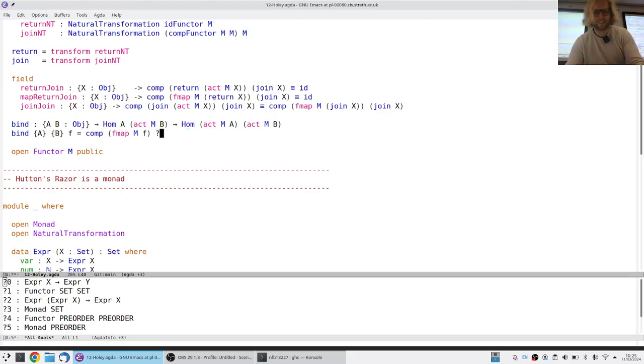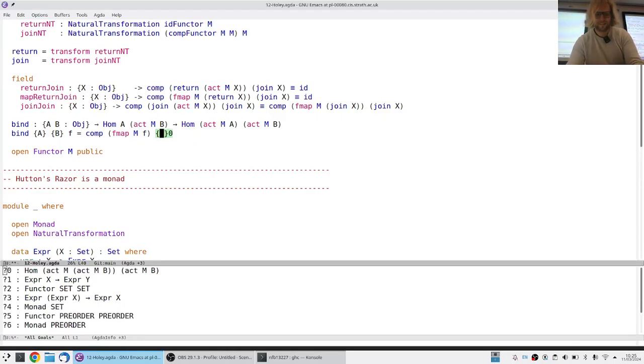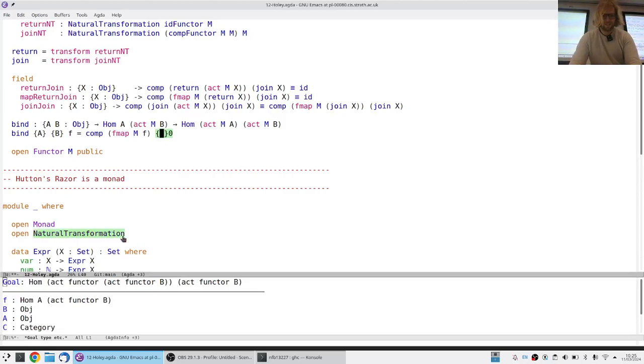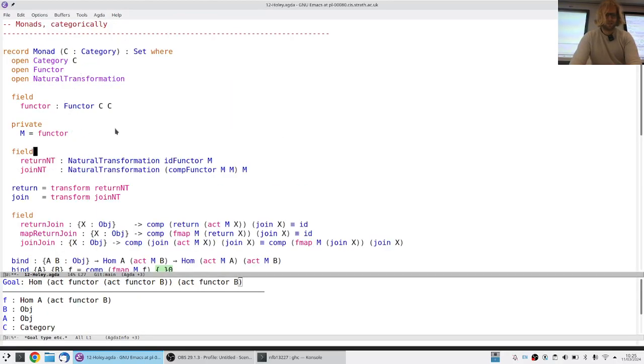Right, okay, let's look at the last one again. I think it might be a little bit annoying. So, okay, what is the goal? So it's a hom, fair enough. And it goes from the action of the functor applied to the action of the functor applied to B, to the action of the functor on B. And the thing that maybe I was trying to get away with too quickly is that I defined M to be the functor to make it look a bit nicer. And if I look at the type of join,